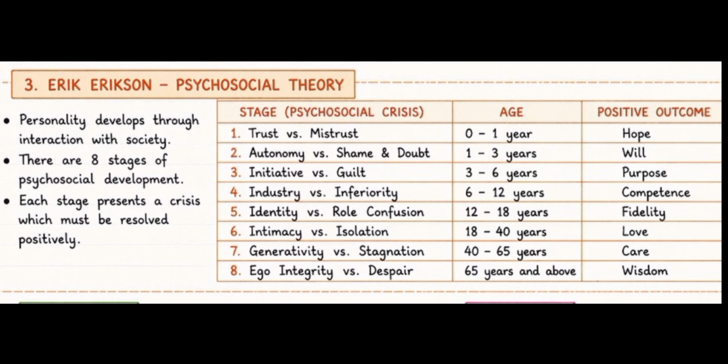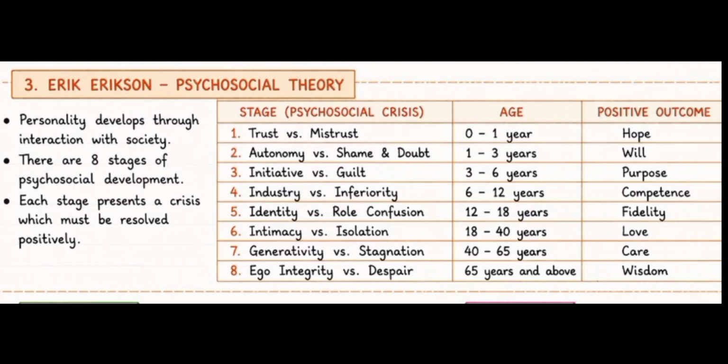Third, initiative versus guilt. This comes at 3 to 6 years. Positive outcome: purpose. In initiative, purpose is the basic strength developed. In guilt, if they don't develop the basic strength, they will feel guilt. In initiative, the child wants to produce something new, and in guilt, the parents and teachers should provide proper opportunity to the children to develop a positive attitude, keep away from guilt, and make their personality successful.